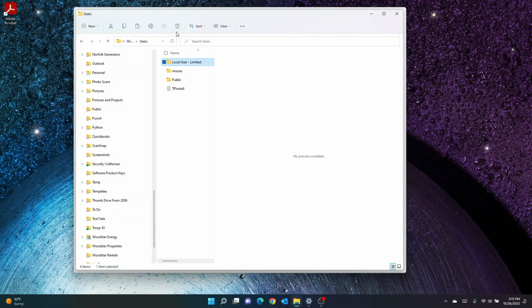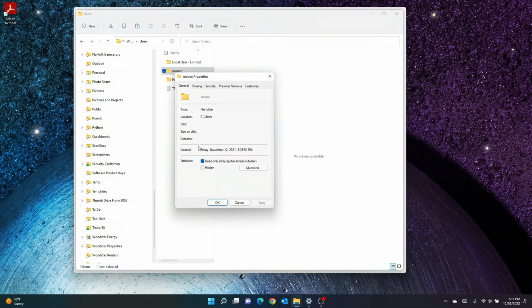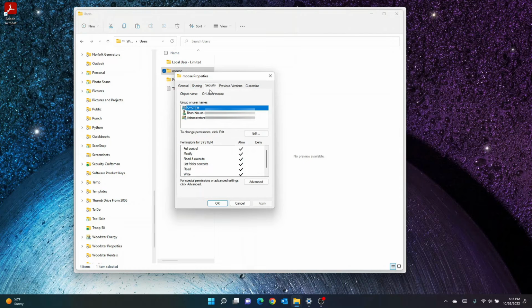Now, if I go into the file structure, so if I go into my C directory and click on users, we're going to see the different users that are set up on my computer. There's this one that is Moose, and that's the default account, which is associated with my main account. I can right click, go to properties, click on security, and we'll see that it has me as the user, it shows my name. I'm in a group of system, and that's just a role that the system is able to access a bunch of files. But more importantly, it has this administrators group.